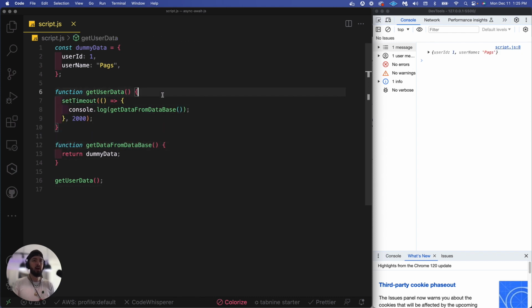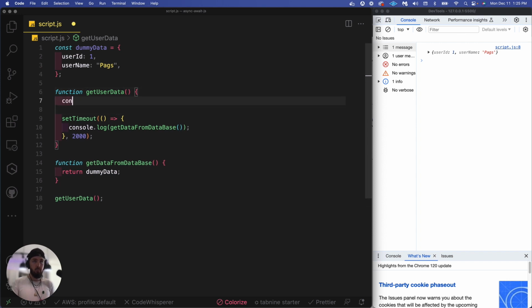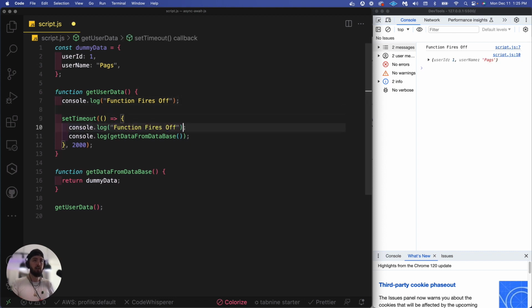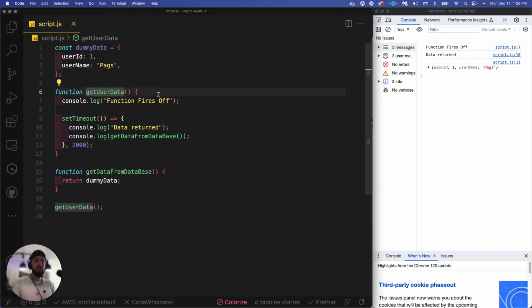So I want to show you guys why we use async and await. Basically what I want to show you is the function fires off first, but then it takes a moment for the data to come back. So let's say function fires off. Immediately the function fires off, then the data is retrieved. So I'll write another console log here that says data retrieved, or something like that. That's fine. So step one, right? When we press that login button or something, we're going to click this get user data button, and in this get user data, immediately what it's going to do is fire off